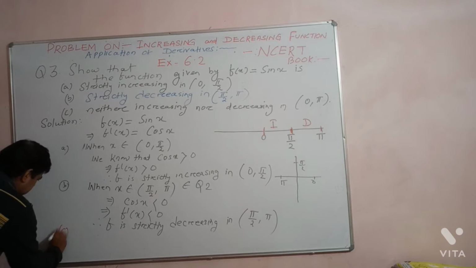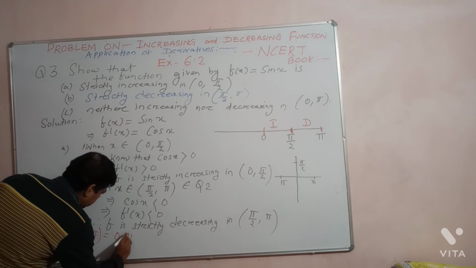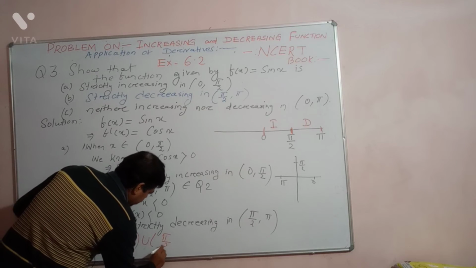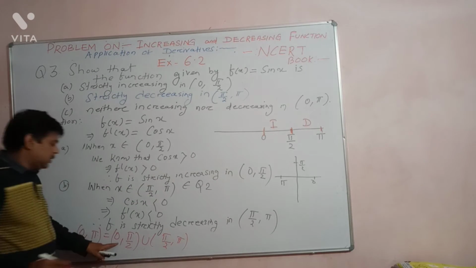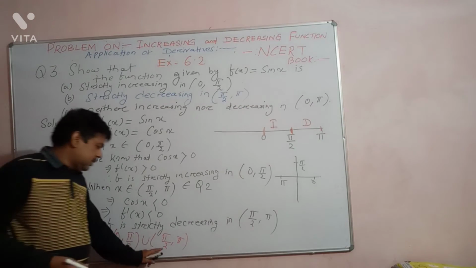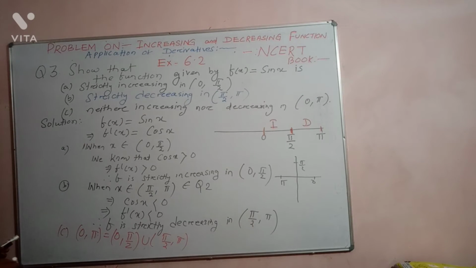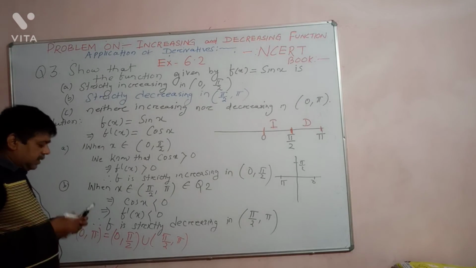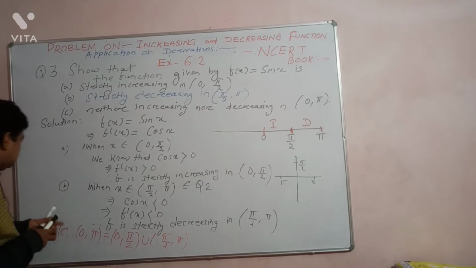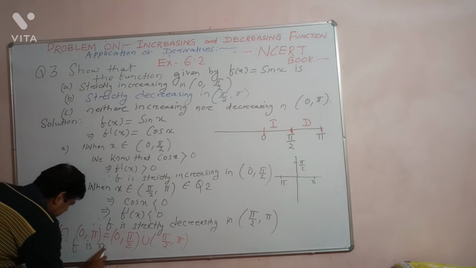here you see the interval 0 to pi means what? The combination of what? 0 to pi upon 2 union pi by 2 to pi. So in the first interval 0 to pi by 2 we saw the function is strictly increasing. In the second interval pi by 2 to pi, the function is strictly decreasing. Yes or no? As a result, the function is neither increasing nor decreasing in the interval 0 to pi. Understand? Thus we can write, hence f is neither